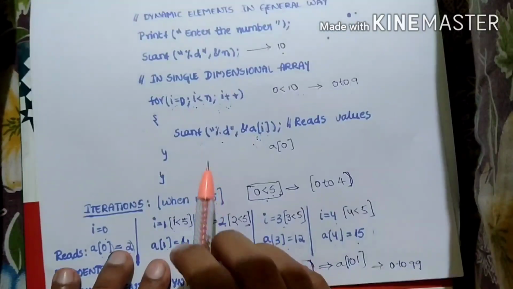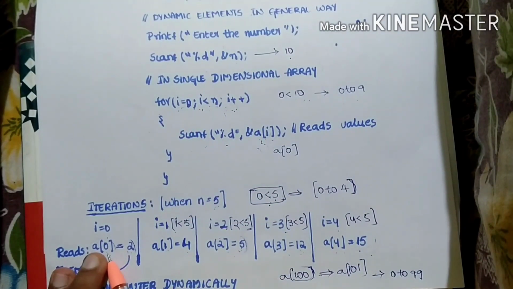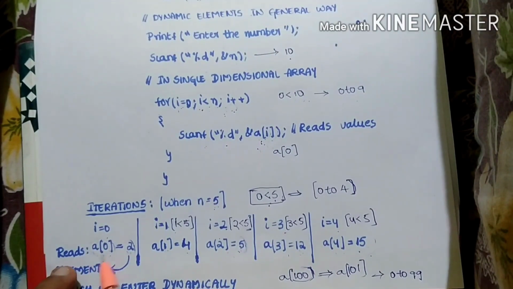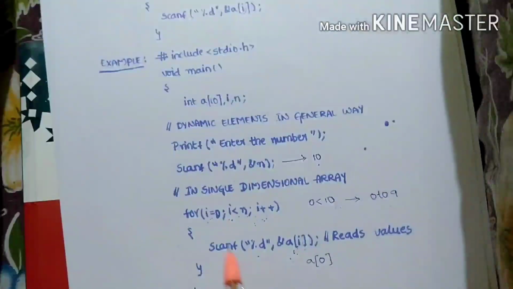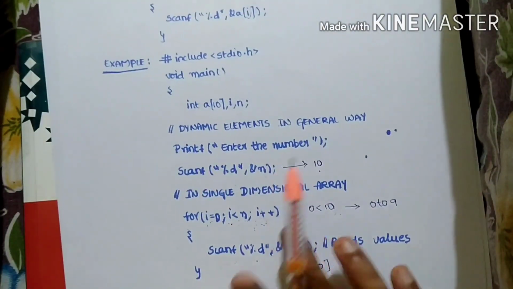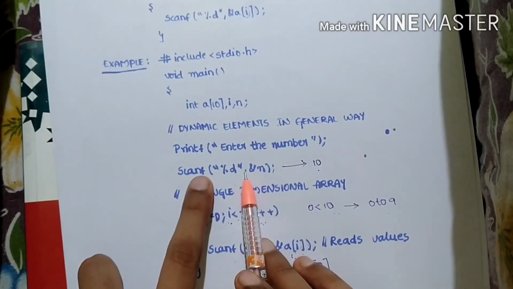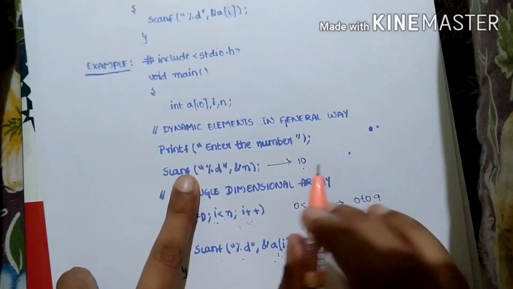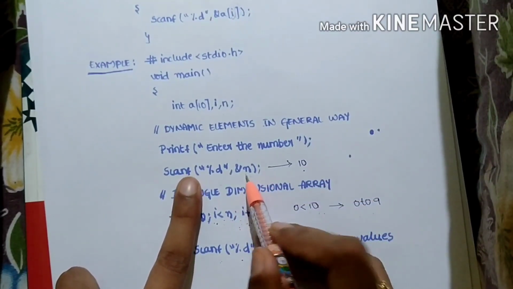So using this for loop, we'll use a main variable a and we'll be incrementing the values of i and storing many values in a single variable. This decreases the complication of using many printfs and scanfs. Generally we use one printf and scanf to enter an element. For example, I am entering here the n value as 10.